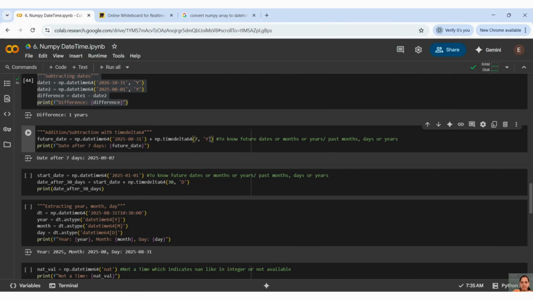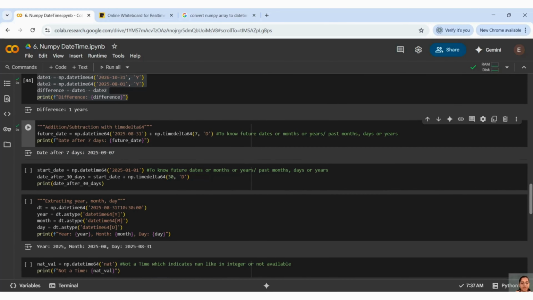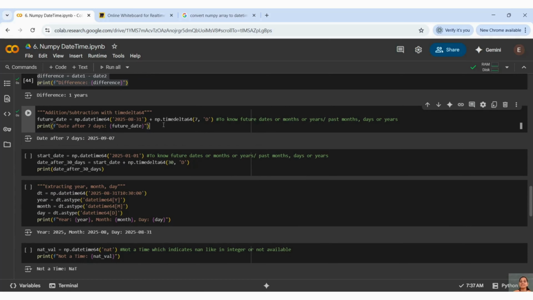If you want year, you can give it like this. So I want a date. So my future date, after 7 days, my date is going to be 7/9/2025. Sorry, my bad. So like this, you can get it. If you want after 14 days, what is it going to be? So it's 14/9/2025. Like that, you can get future dates.